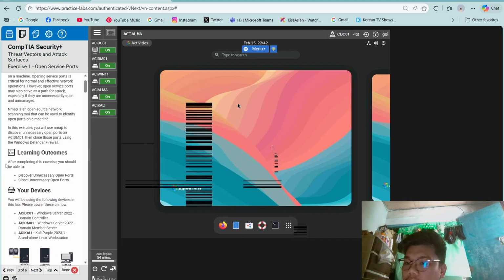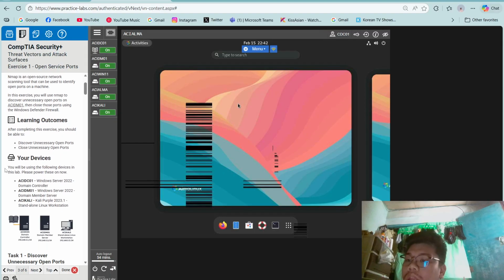Nmap is an open source network scanning tool that can be used to identify open ports on a machine. In this exercise, you will use Nmap to discover unnecessary open ports on ACIDM01, then close those ports using the Windows Defender firewall.